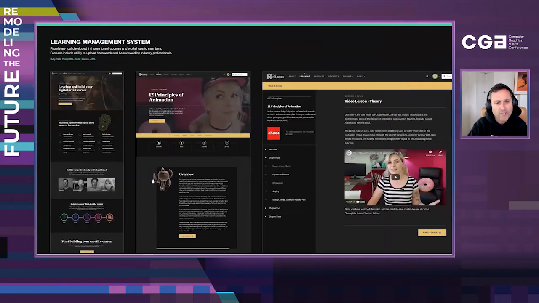We also have, and I'm going to talk a little bit about this as I get through this next slide, a learning management system. So, we focus a lot on higher education and students coming through training facilities and earning these badges and accolades and getting career opportunities. But we're now focusing on 16 to 18-year-olds, the high school demographic. And what we're trying to do there is really educate them more about the career pathways into these creative industries.